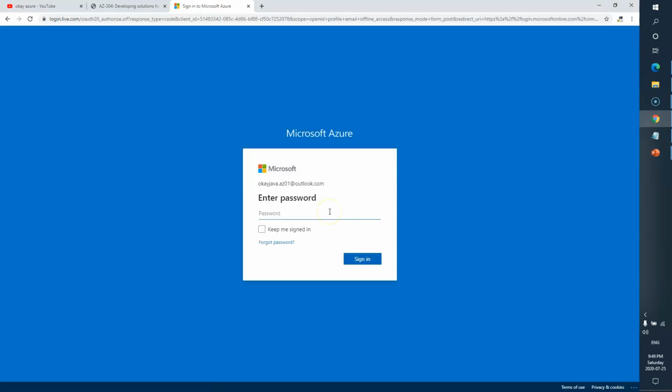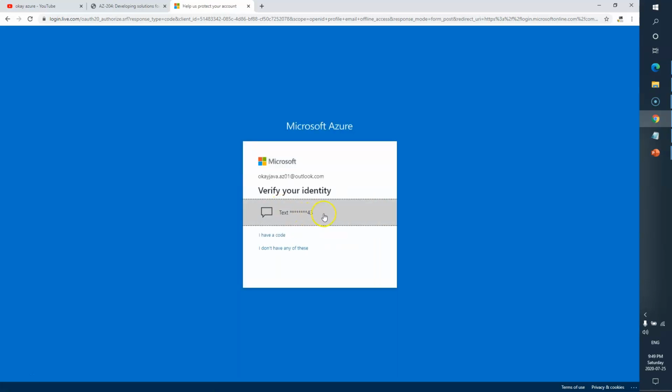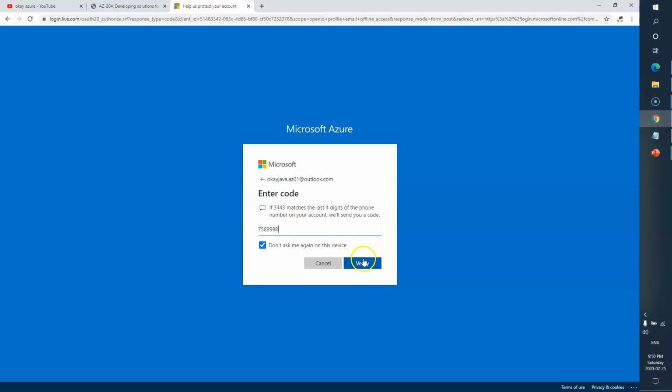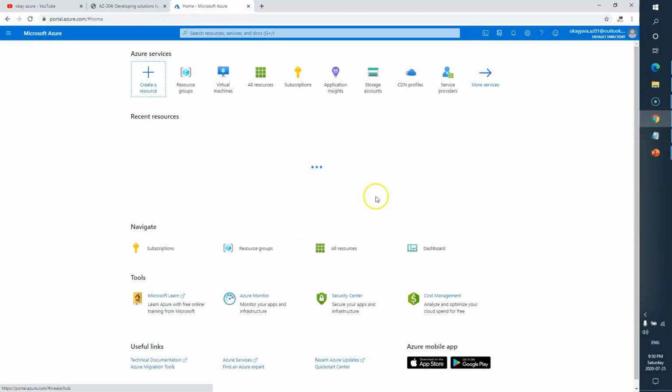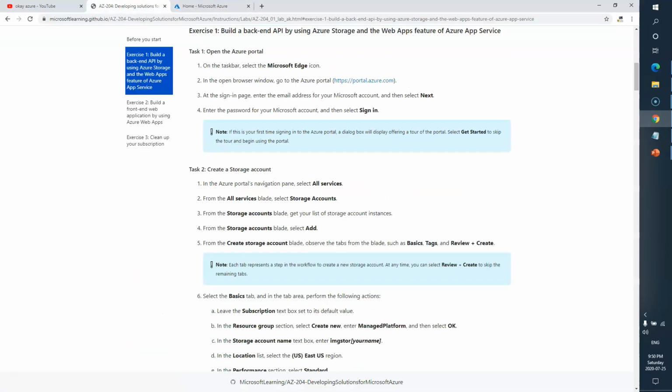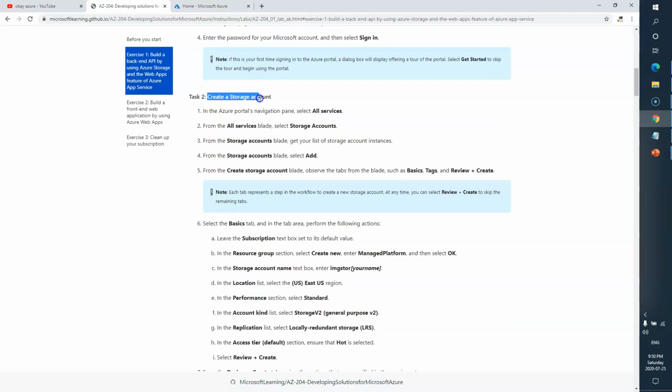So here I have to enter my password. Okay, so here is the Azure portal. Task 1 is just to open the Azure portal. We have just completed that.